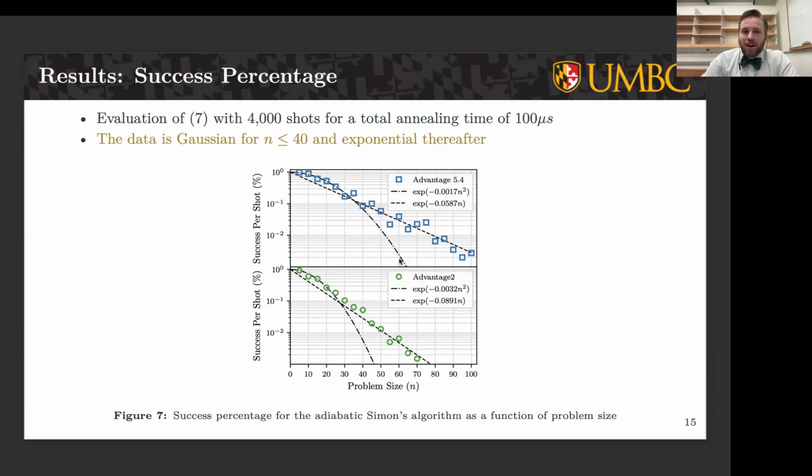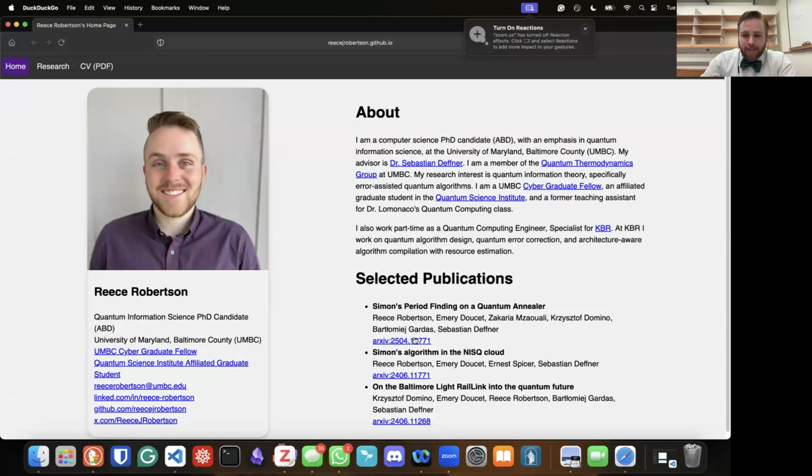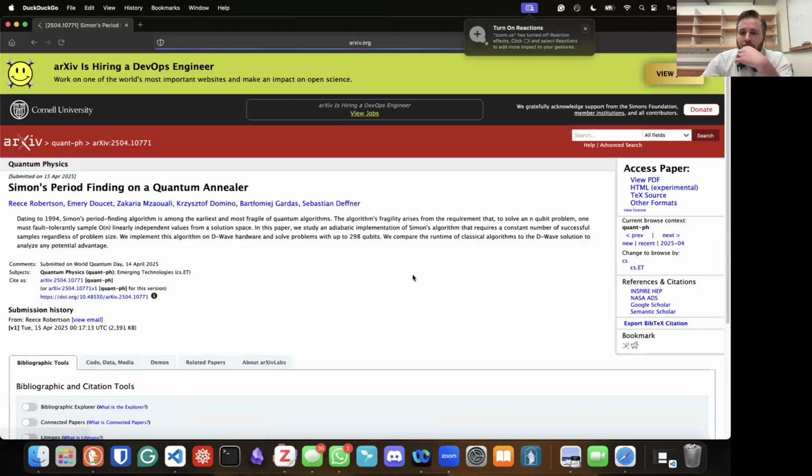I don't believe it has a unique name. We did look at, in the paper, another